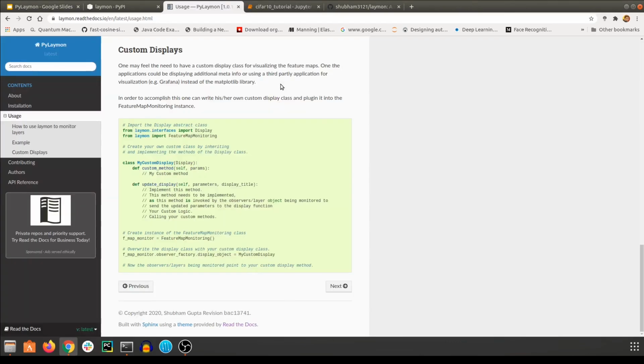Next, I would like to shed some light upon another feature of the PyLaymon package, which is to create custom displays for visualizing the feature maps. One of the applications for creating custom displays could be that you want to show additional meta info along with the feature maps, or you want to use a third-party application for visualization, for example Grafana, instead of the matplotlib library. In order to accomplish this, you can write your own custom display class and simply plug it into the